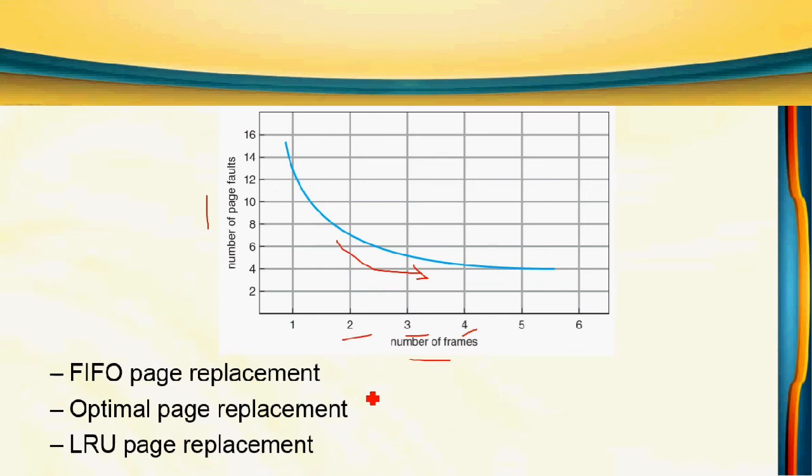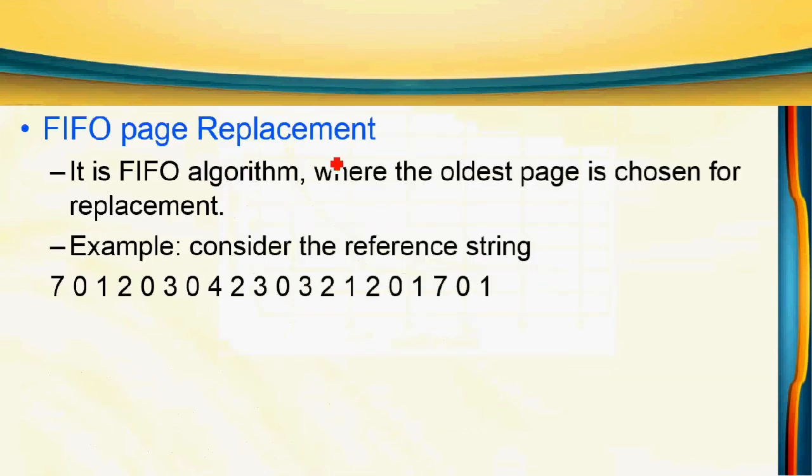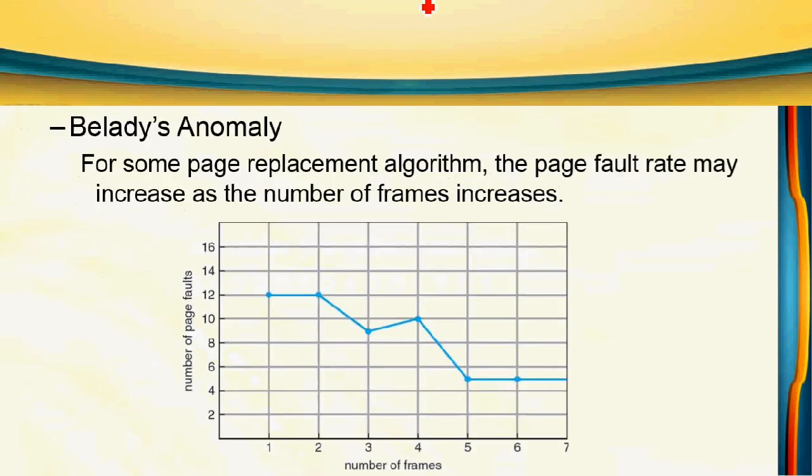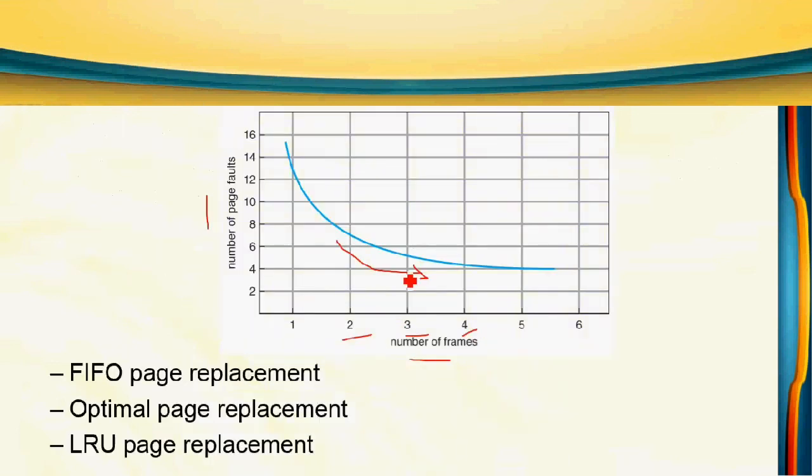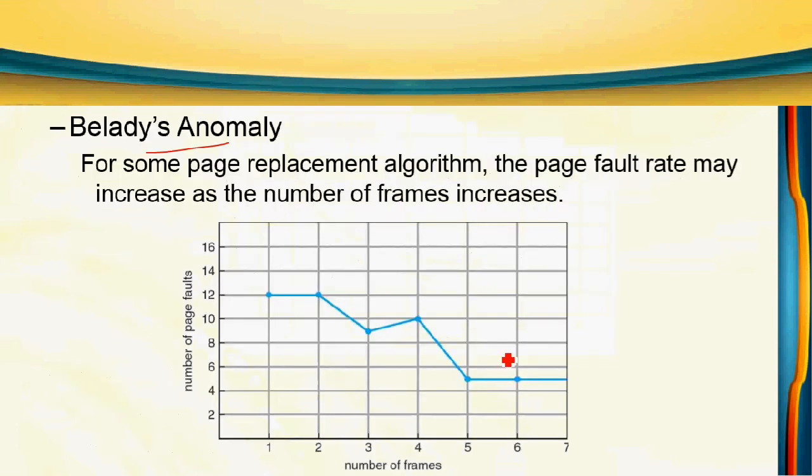This is the general case. So the FIFO page replacement algorithm is where the oldest page is chosen for replacement. The page which is first inserted in the main memory will be replaced. That is FIFO replacement. In FIFO replacement, there is a thing called Belady's anomaly. Already we have seen a graph here. If you increase the number of frames, page faults should decrease. But see here, from this point to this point, if you increase the number of frames from 3 to 4, the page faults should decrease. But here it is increasing. While increasing the number of frames, the page faults also increase. That is called Belady's anomaly. Normally this happens in the FIFO page replacement algorithm.